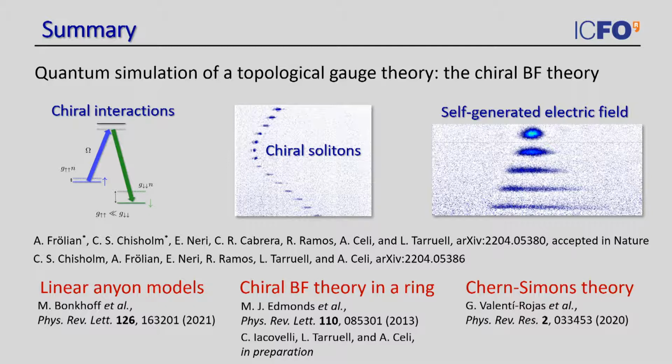Instead of using counter-propagating Raman beams, now we can use Raman beams that transfer angular momentum to the cloud, and they are going to exactly make this model. And then, of course, our long-term prospect is to put together all these ingredients to engineer Chern-Simons theory. There is already a theoretical proposal on how one could do that using angular momentum beams, but this is something that, of course, we need to look more in detail at.